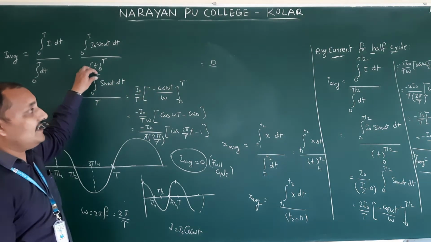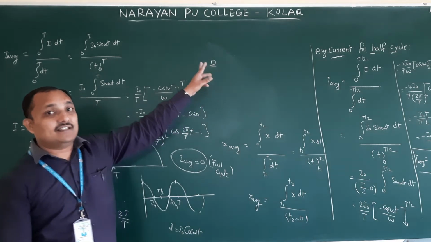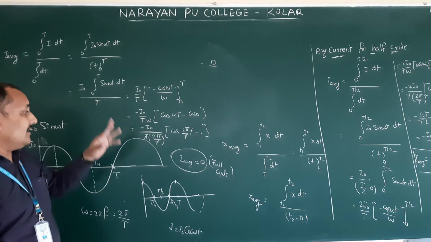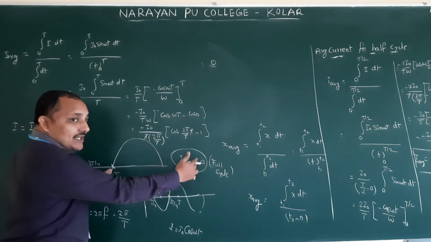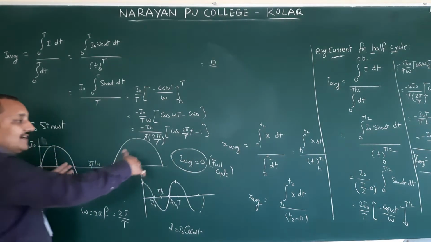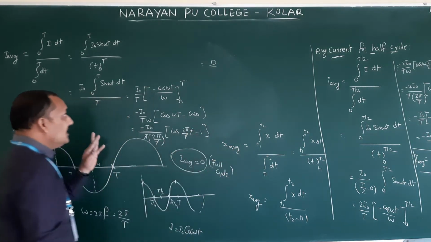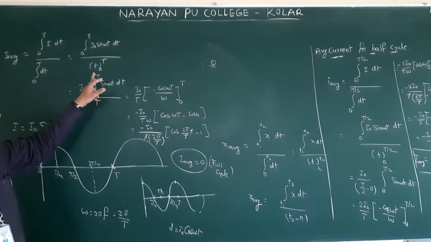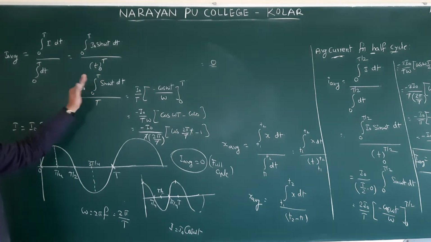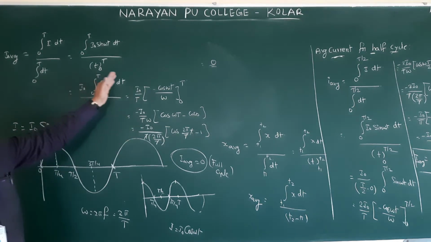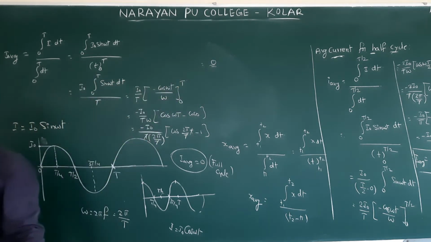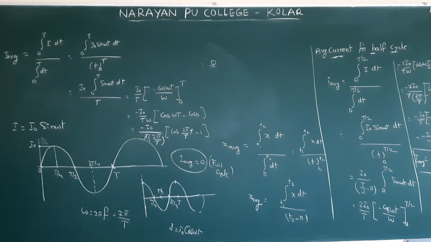Whether it is t or nt, the value is going to become 0. N is nothing but number 1, 2, 3, 4 like that. For one wave it is 0, if you are taking 2t, for 2t also you will be getting 0 only. For 3t also, means 3 waves. For one wave 0, 2 waves 0, 3 waves 0. That is the meaning of nt. Okay. So how many number of cycles? If it is a pure number you will be getting always 0. That is the first point showing in the material. So the average value of sine or cosine function over one time period, for n cycles also it is going to become 0. Okay.